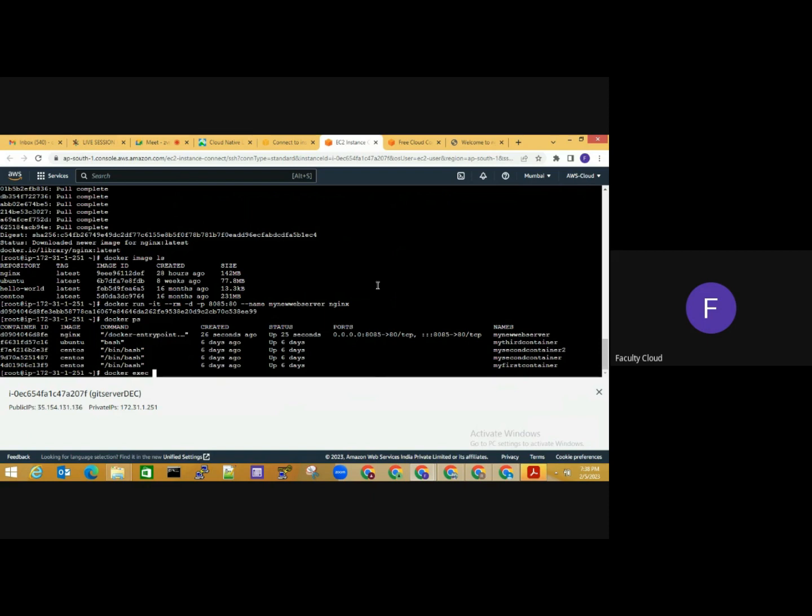I will just wait for the prompt to be back. Yeah, -it, and I will connect to this particular container.